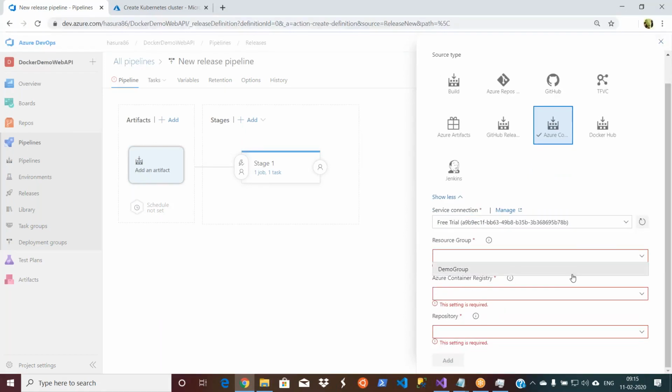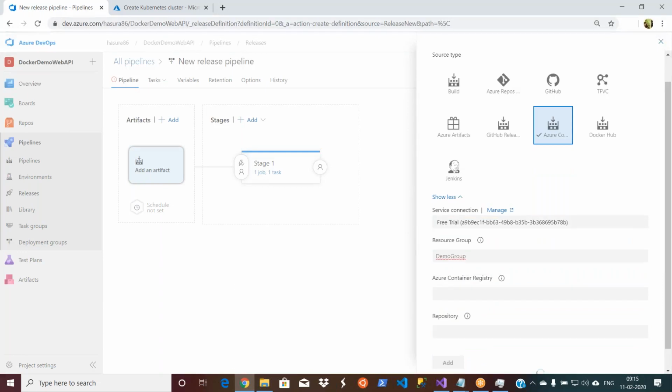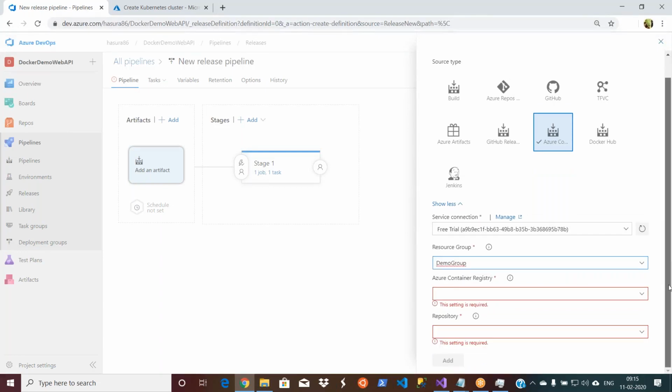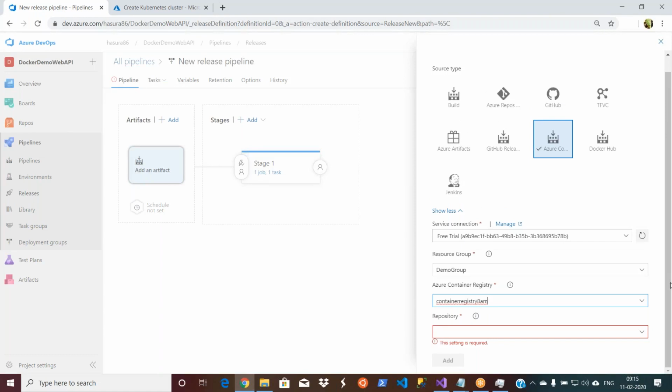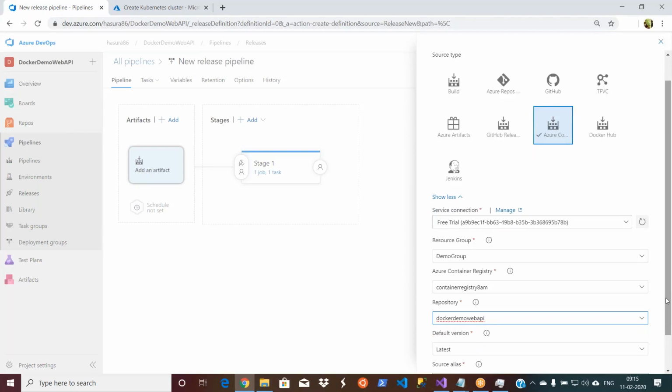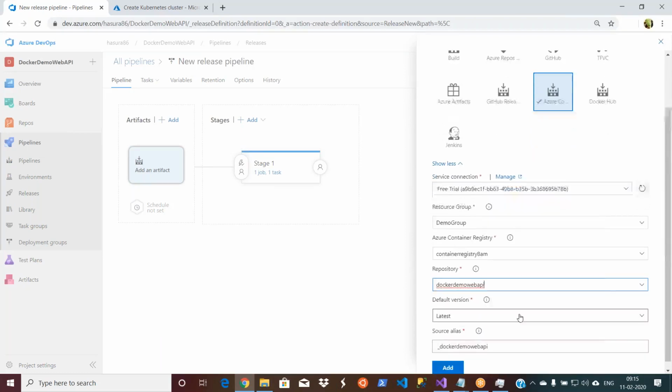If you have multiple, it will display. I have only one, demo group. Then the Azure Container Registry. I have multiple, so I'm selecting Container Registry 8 AM. And then what is the repository? Docker demo web API. That is the repository, and take the latest image in that registry.